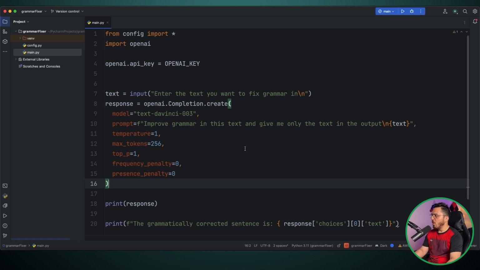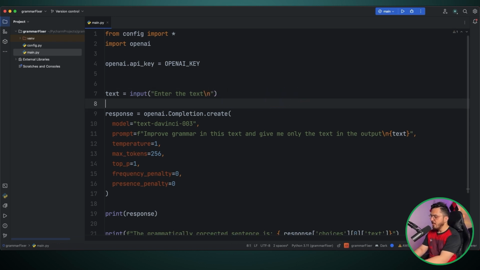And let's also add some more features. How do we do that? We simply change some of the prompts. I'll say, what do you want to do with this text? Enter the text, and then action is equal to input, what do you want to do with this text? \n,